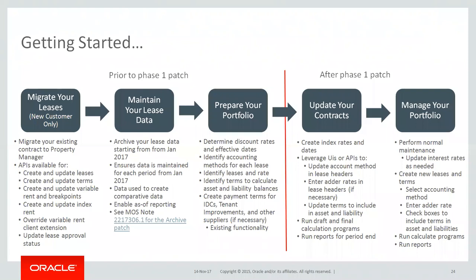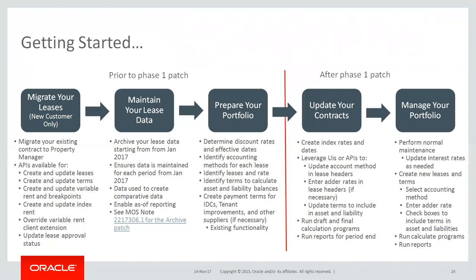You'll have to prepare your leases with all the checkboxes. You'll have to create the discounting rate indexes. And for updating existing leases, Oracle is also providing you with an update script, which can be used to update all your payment terms, leases with the discount rates, adder rates, and all the checkboxes for ROU, lease liability, and